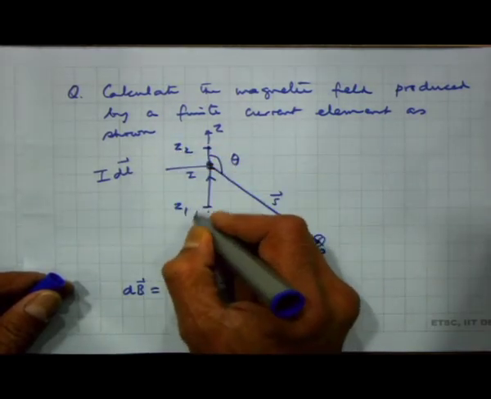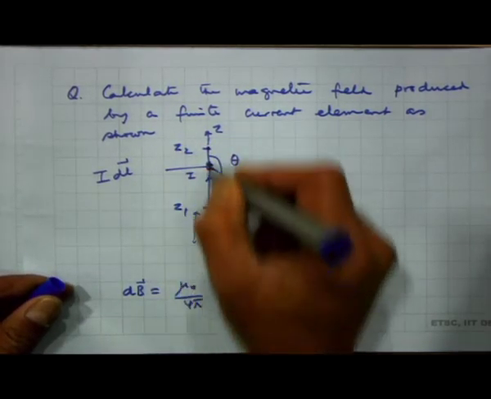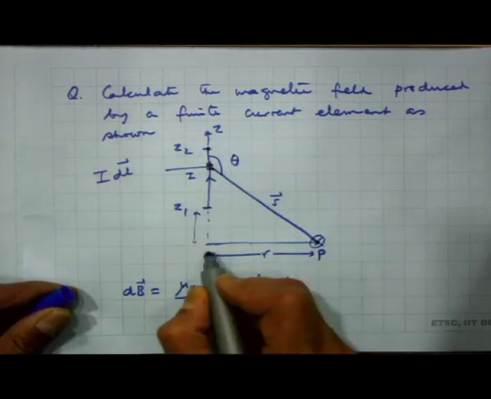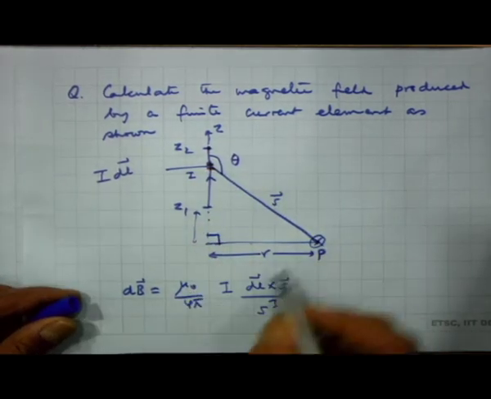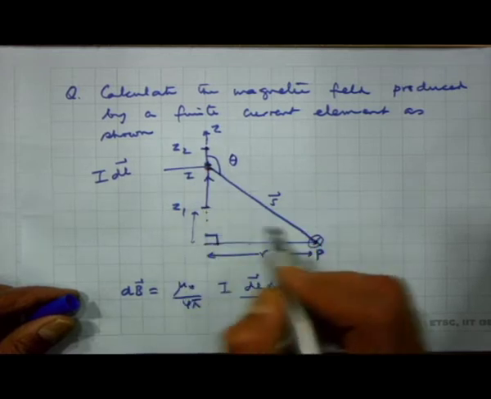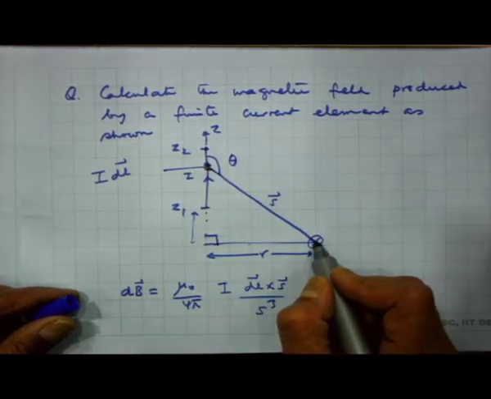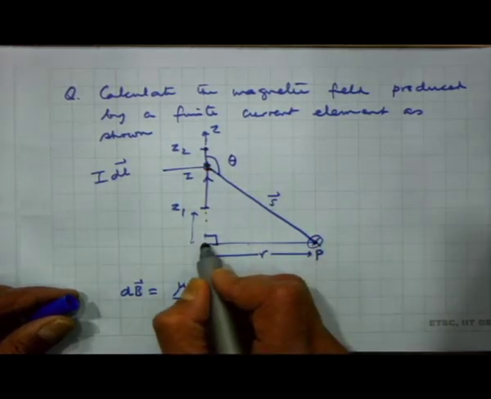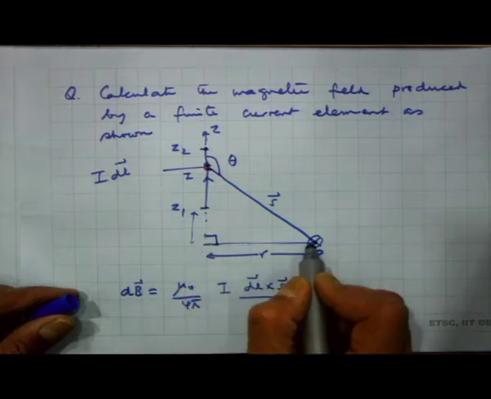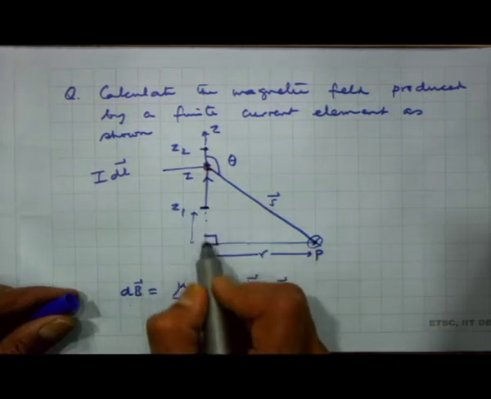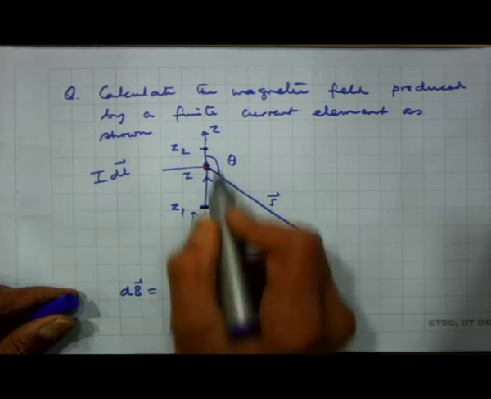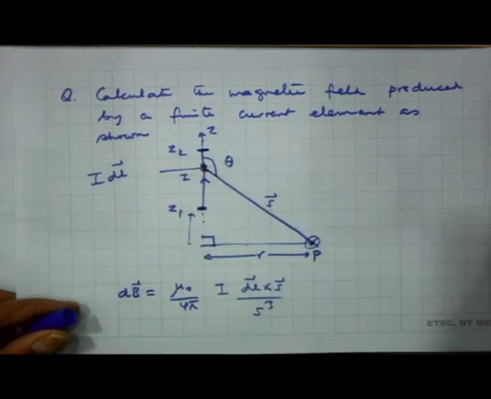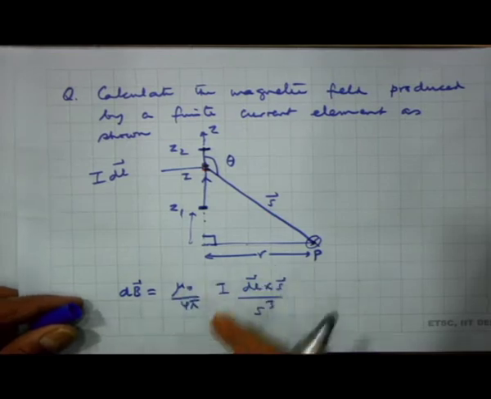So, z1 is this distance and z2 is the distance of this point from this point. So, this is actually a norm which I have drawn from here. So, this is my current element. I need to calculate the magnetic field here. I drop a perpendicular on this line, that distance is small r, and z1 is the coordinate of the bottom end of the element, z2 is the coordinate of the top of the element,